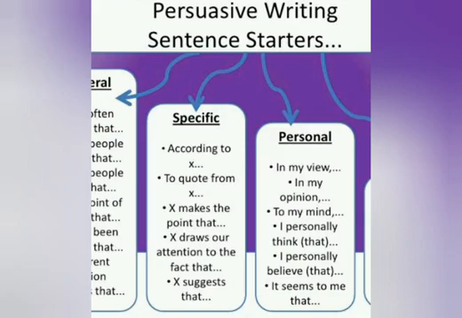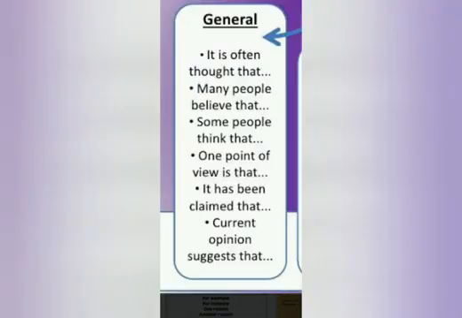Once you have made and followed the chart, it will become easy for you to convey your topic in a clear manner. Following this chart would be a great help when you are writing your persuasive writing, because these 4 sections which are divided will make it clear to you how to write the sentences, how to form them. So in this first card, the sentences are general.